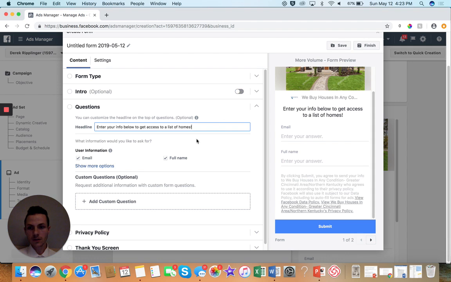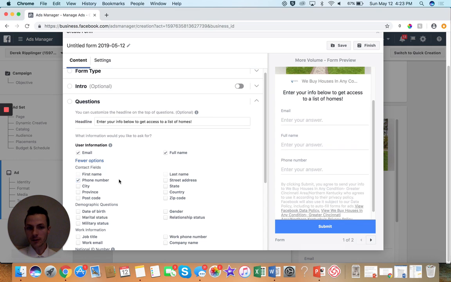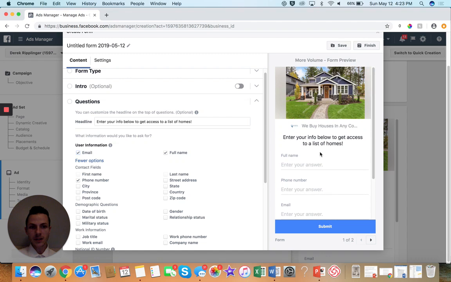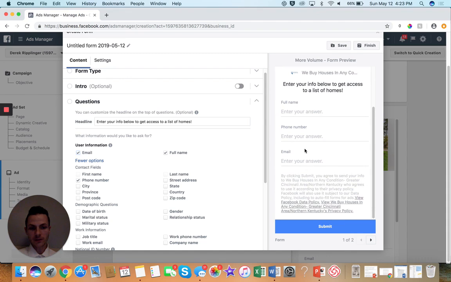Turn that off. We can do email, full name. We can do first name, last name, phone number. I typically recommend no more than 3. Check that off real quick. So now it's full name, phone number, email. There's the picture. They'll come here, they'll enter their contact information real quick, they'll hit submit,